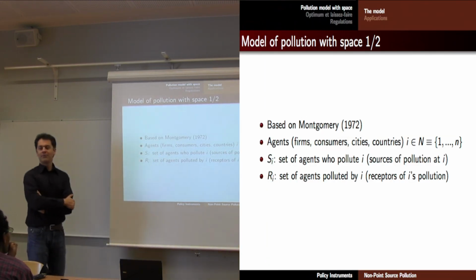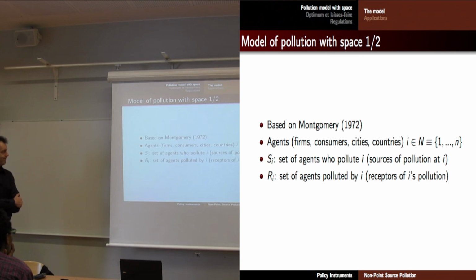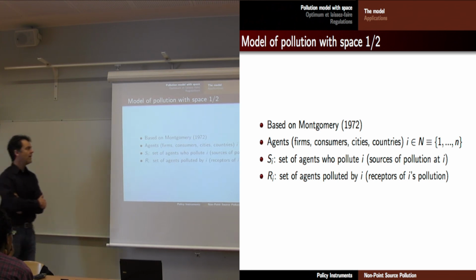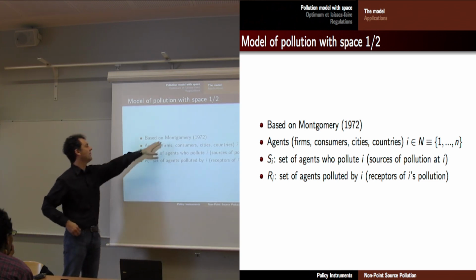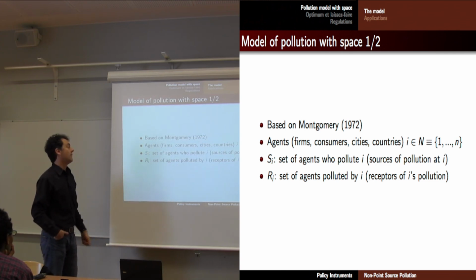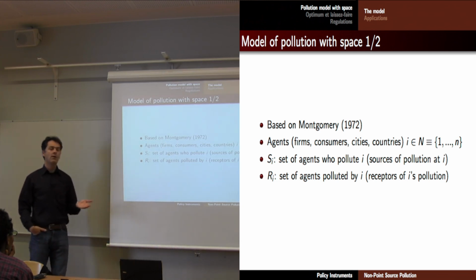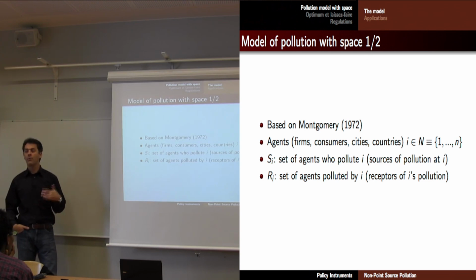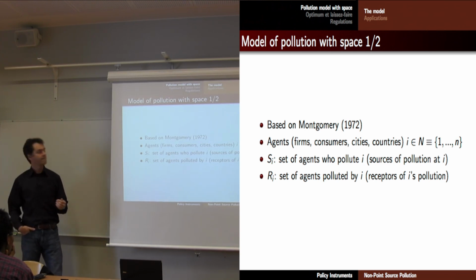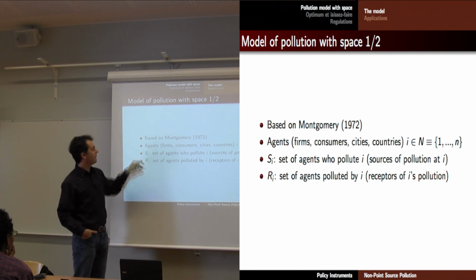Okay, so this is about the story, and now what about the model? In order to introduce spatial issues into the model, I will rely on Montgomery's paper that has been published a long time ago. So you need to have agents, and some agents are polluters, some agents are victims of pollution, and some agents are both polluting and also victims of pollution. And you have to link those agents